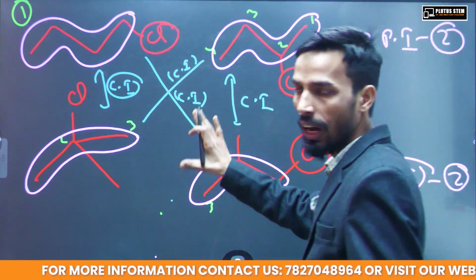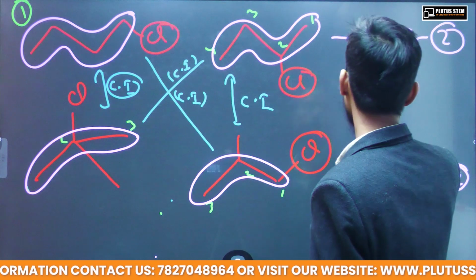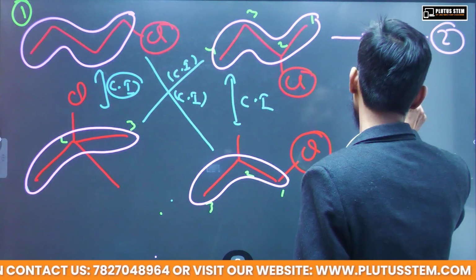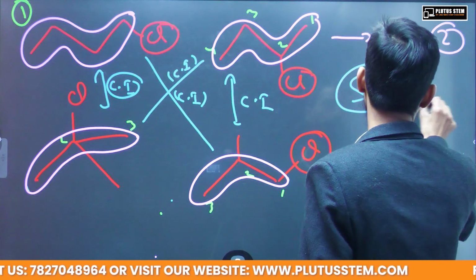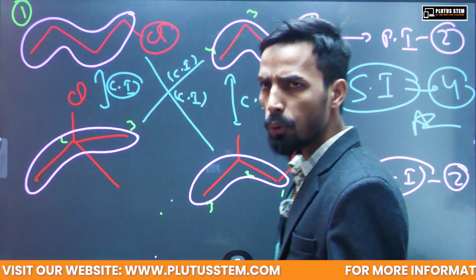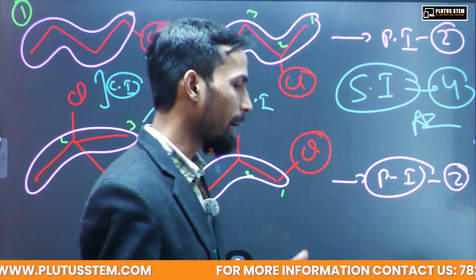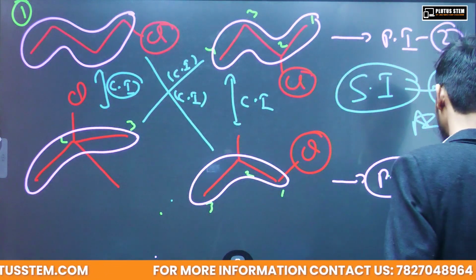Generally, in the exam they will not ask how many chain isomers there are. Generally, you will be asked for the total structural isomers. That will be 4. Your answer is going to be 4. Up to carbon 4, it is quite easy to draw and find out. But when we go to carbon 5,